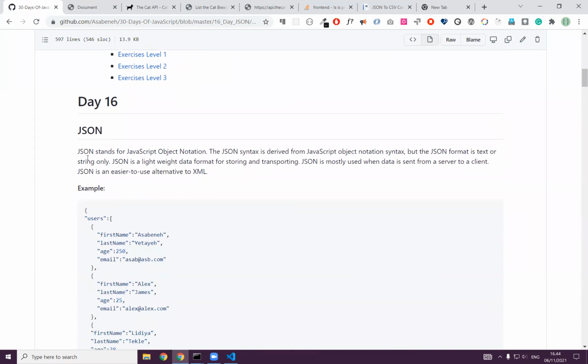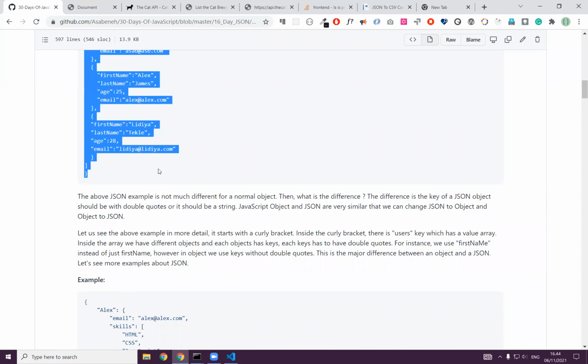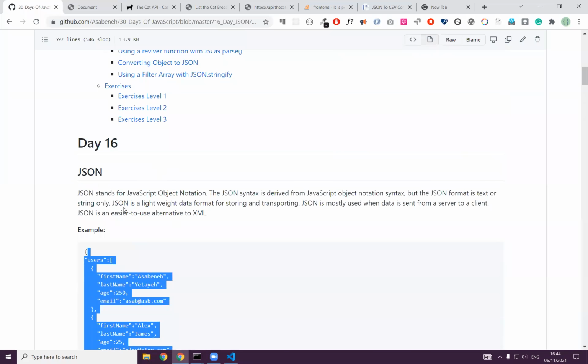JSON stands for JavaScript Object Notation. The JSON syntax is derived from JavaScript Object Notation syntax. But the JSON format is text. Yeah, it's just a text or string. As you can see, this is a string, a text. JSON is a lightweight data format for storing